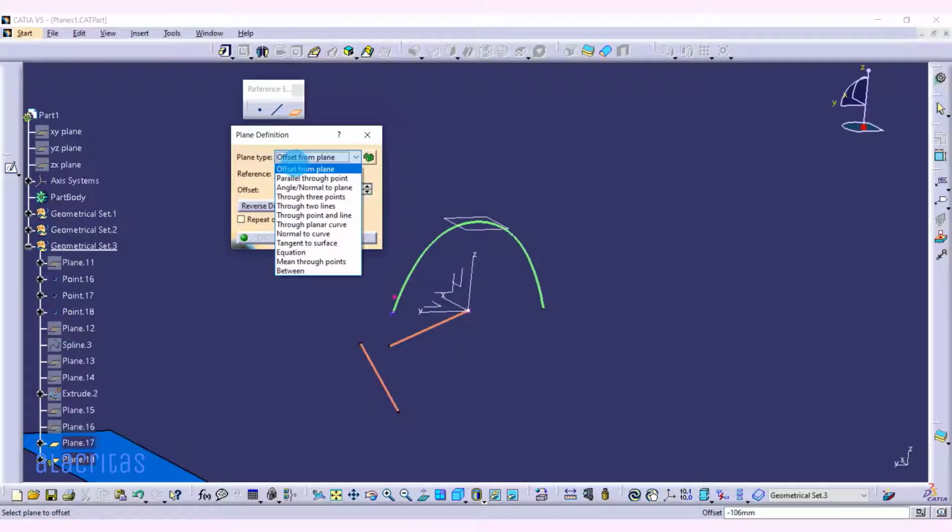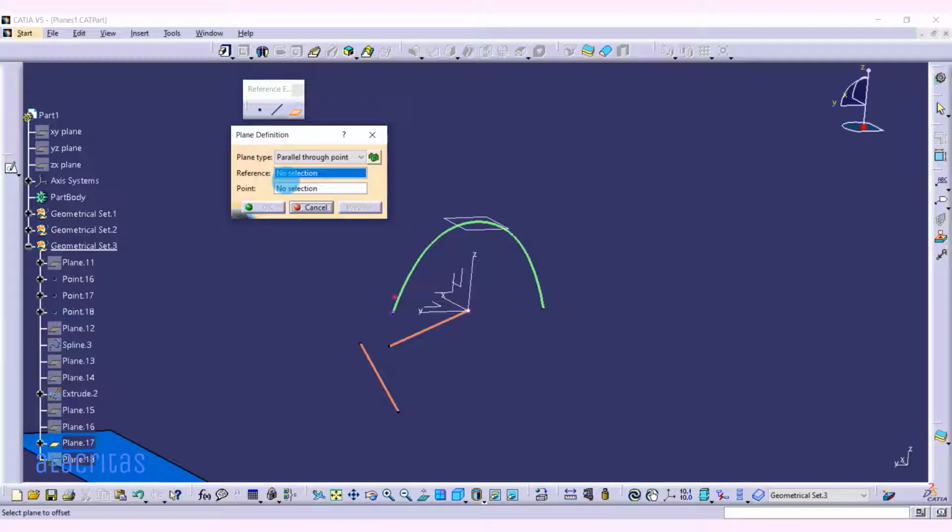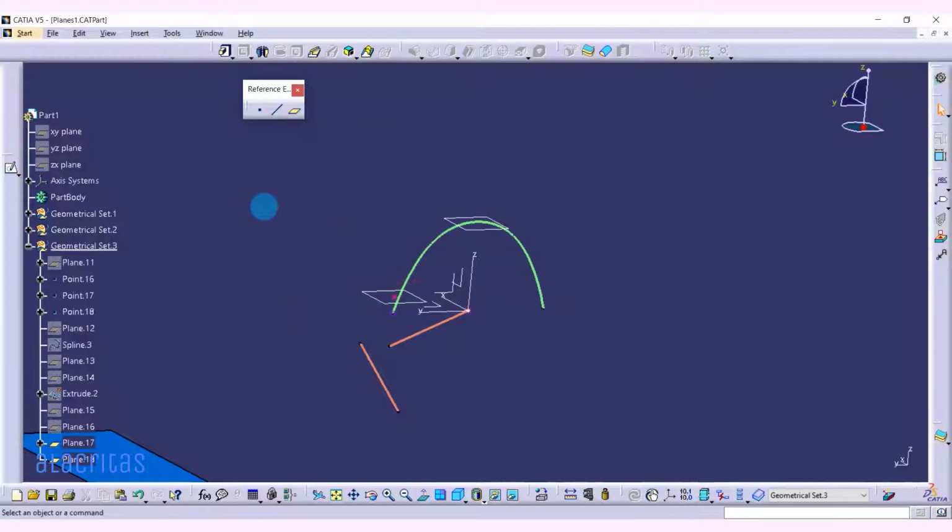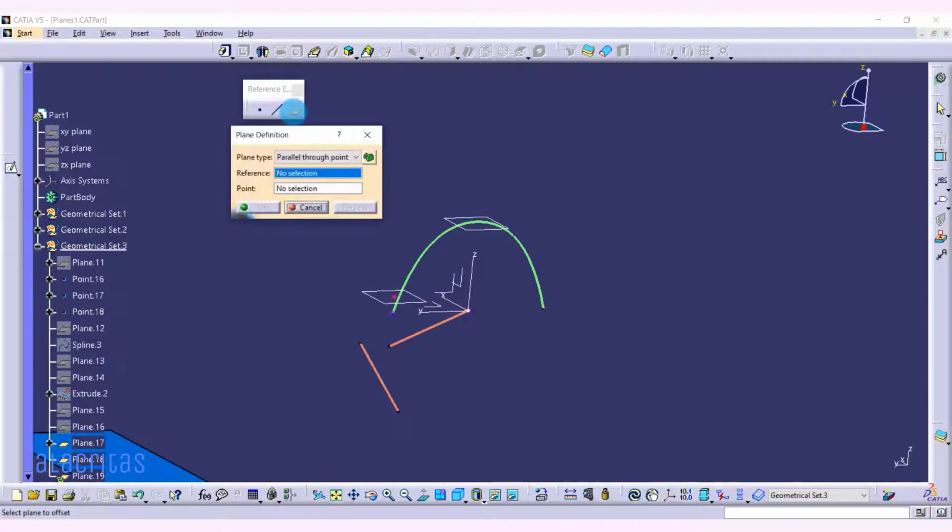parallel through points. We need a point for this. So we need a reference and a point. Let's take the y-axis as my reference and this is my point. So the plane will be created on the point. Click OK. And the next one,